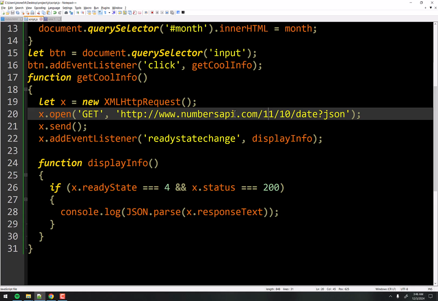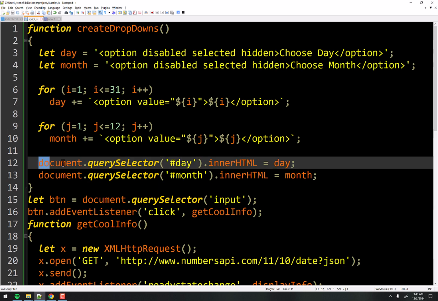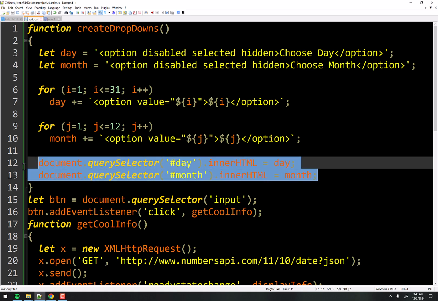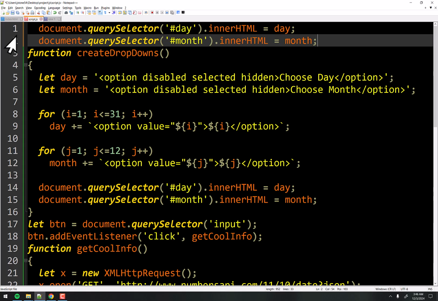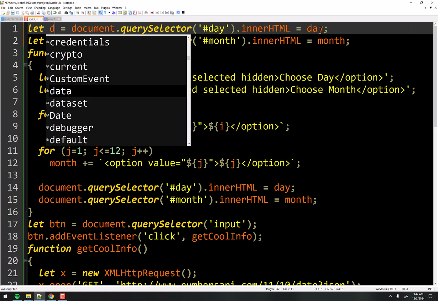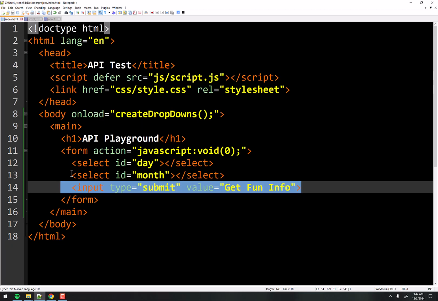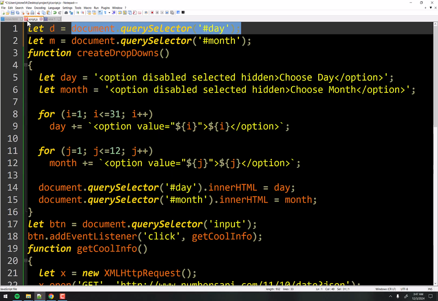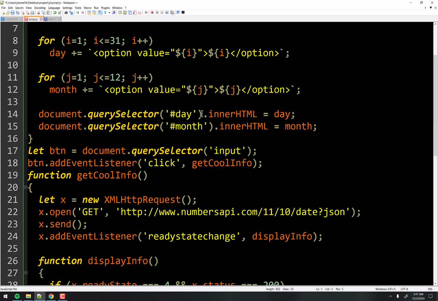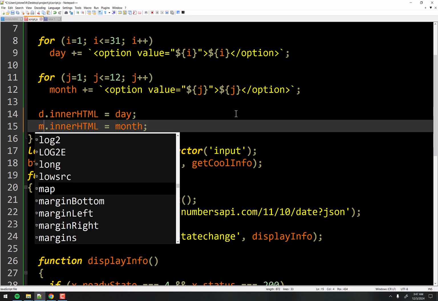We need to grab the month and the day from the user. So what I'm going to do with these two here is make these variables outside of the functions so that they're global, right? So I'm going to copy that for just a minute, and we're going to say let m equal and let d equal, and we're just going to let it be the object, right? The object, like so. So we get the actual object of the day thing right here and assign it to d. And so down here, all we have to do is say d.innerHTML, and then down here we can say m.innerHTML, right?